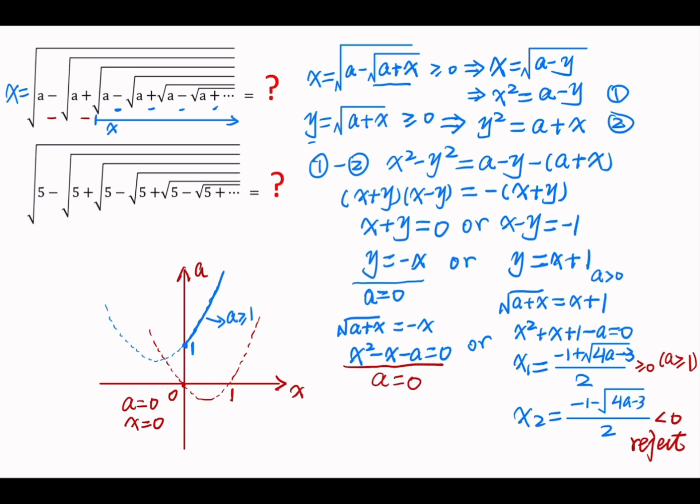Alright, after doing this, let's take a look at this example. So a equals 5, greater than 0, so the root is x1 equals negative 1 plus square root 17, over 2. Alright,